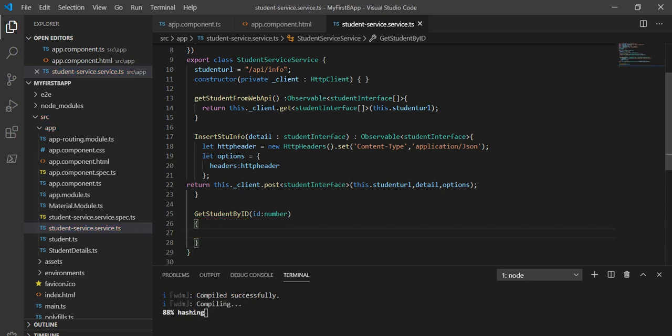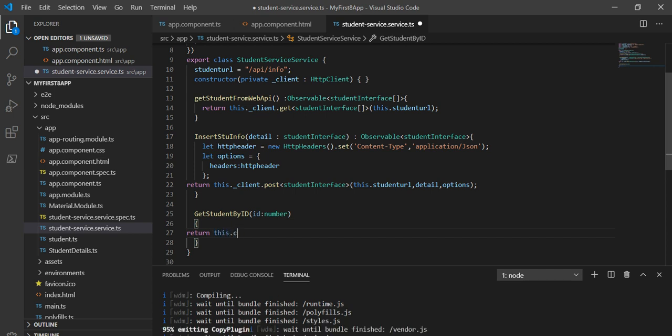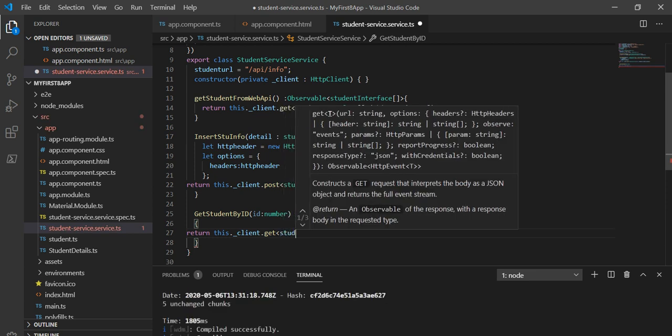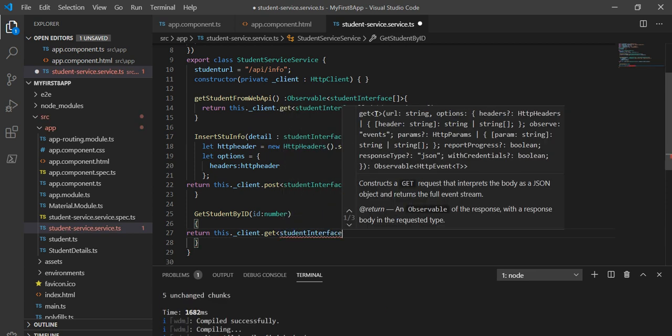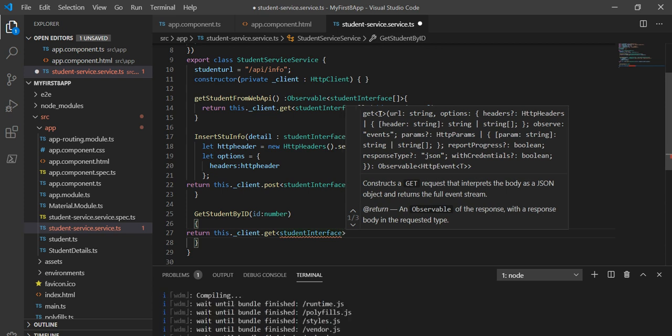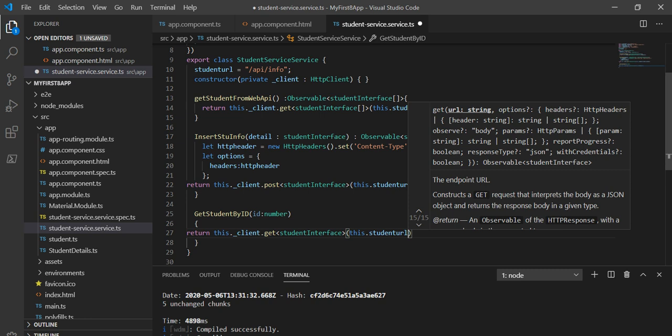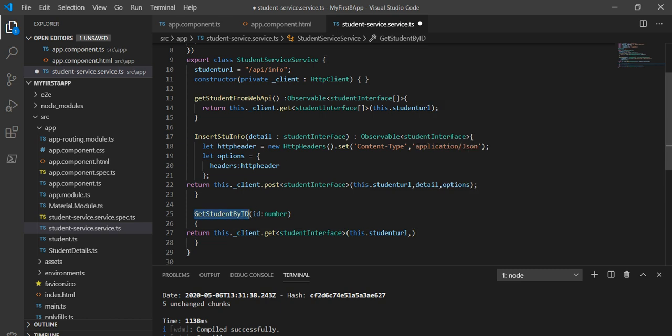Inside this method I am going to return the student information, and that will come from this dot http, where we are going to use get. The get type will be the student information, and inside this I am going to take this dot studentURL, like the first parameter is the student URL that we saw when we were working with the HTTP client get method.